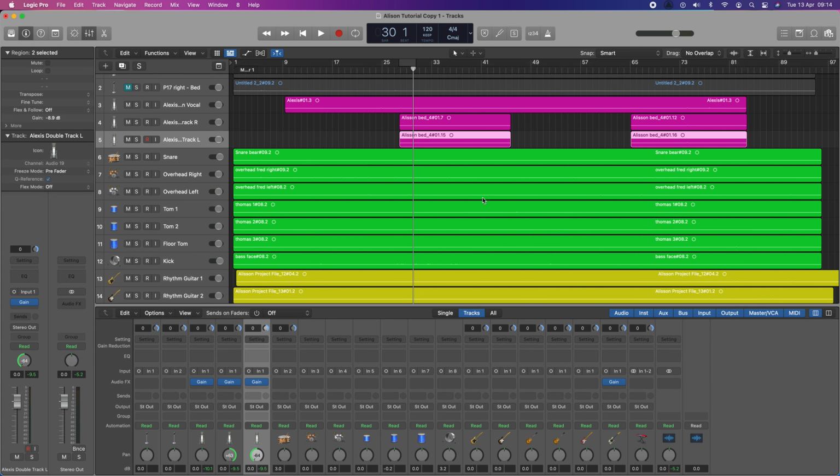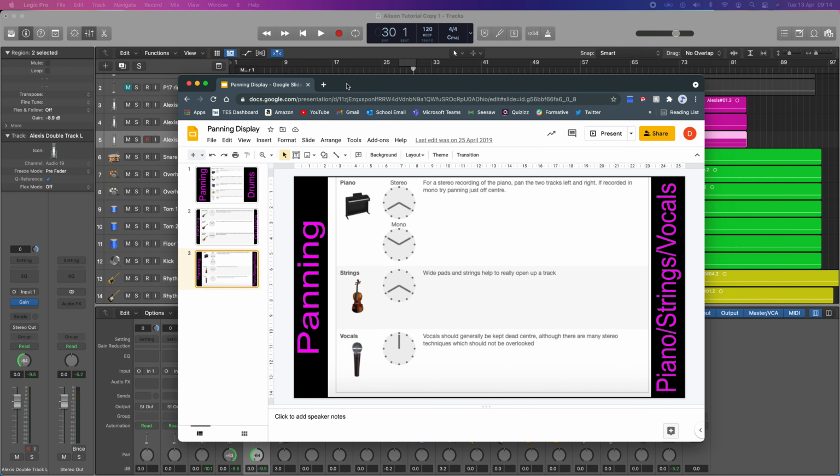For me, listening on this pair of headphones right now, throwing the double track vocal out there is what works. When I listen to it on monitors, it could be that we need to rethink it. But for the moment, that's what I'm going with. Trust your instinct. So if we look at our panning display next, the next thing on our list, which is